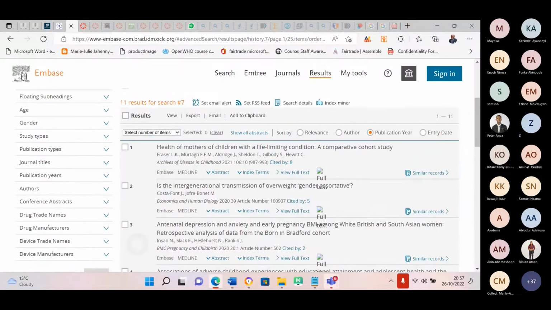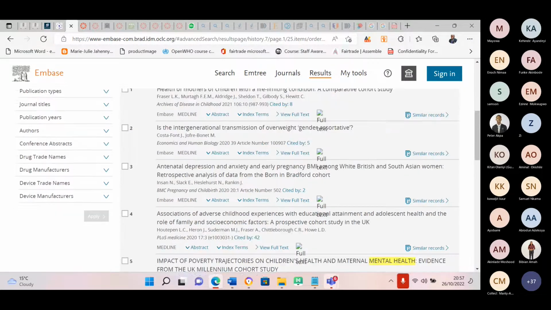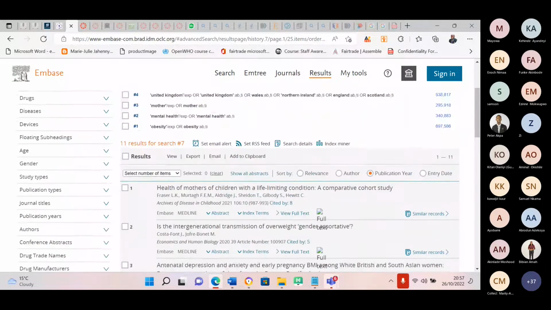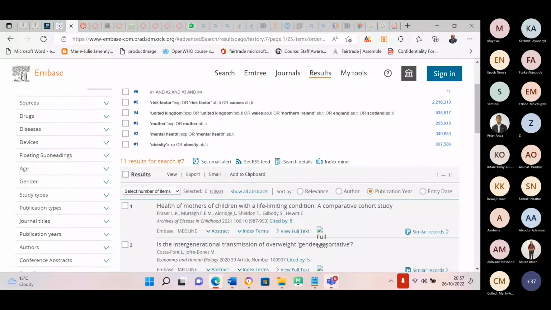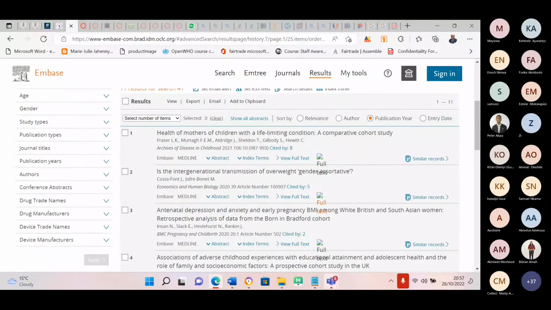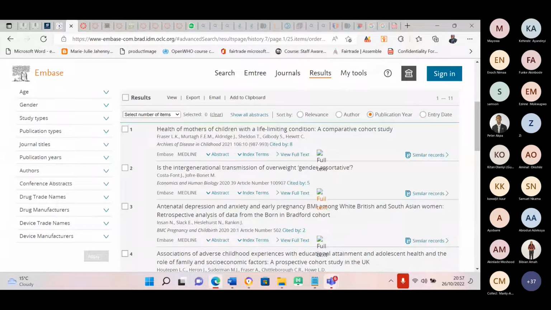So now what I will do after this is look at, I will now do what is called screen by title. You screen the titles of the articles and see if there is anyone that addresses your topic in particular. If 3 articles address my topic, then I'm good to go. So if I screen,